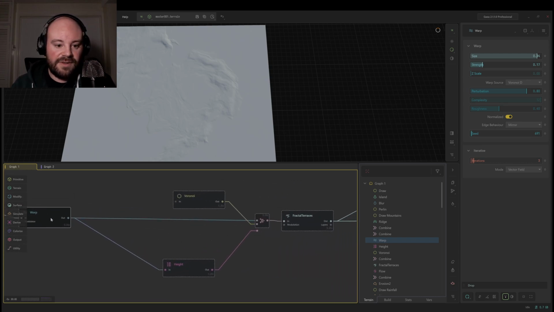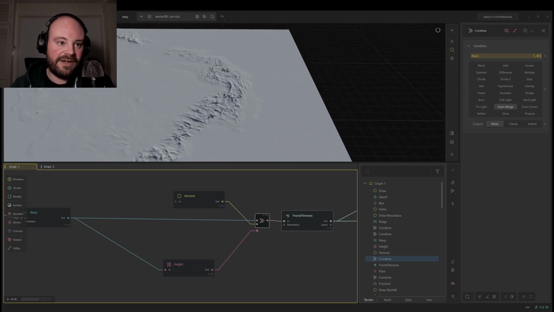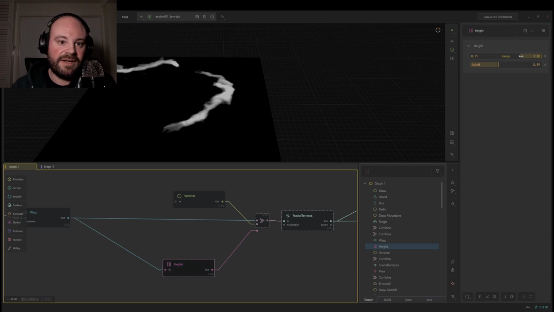If we then go into the next combine node, you can now see where the Voronoi noise texture is added to those elevated areas. If it's too much or too little, you want to click on this height node and just change what you're